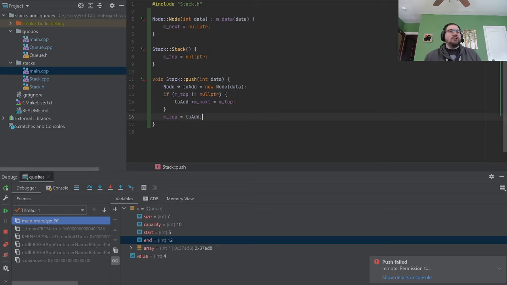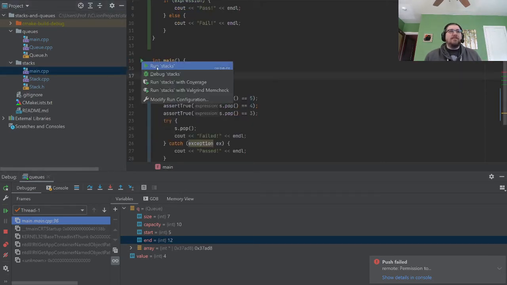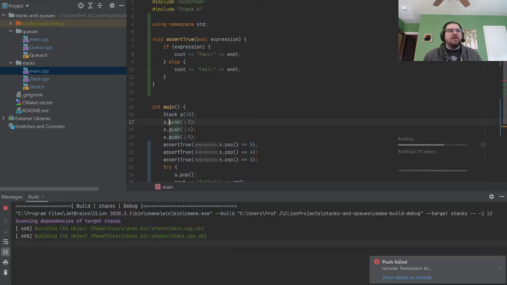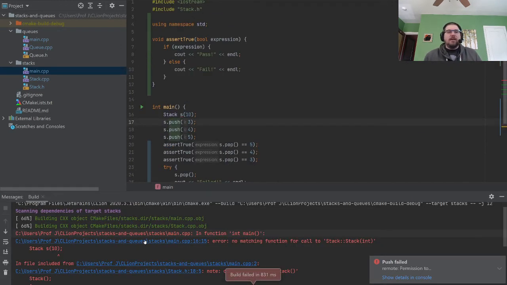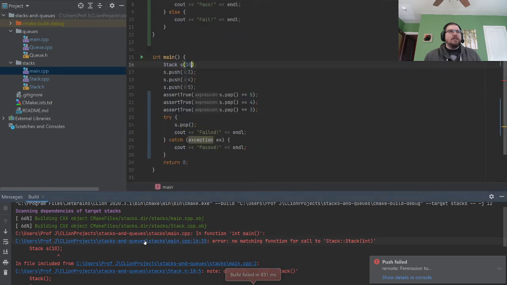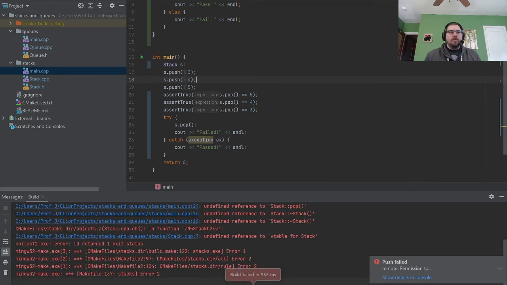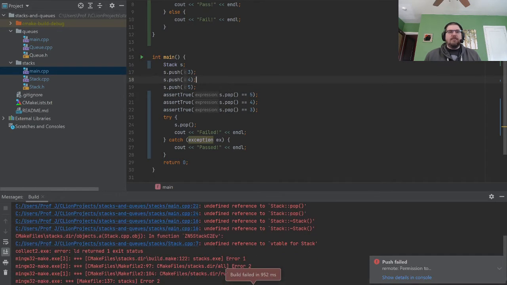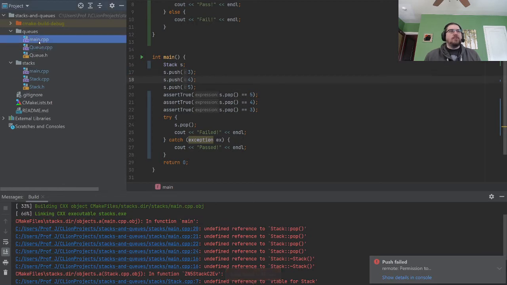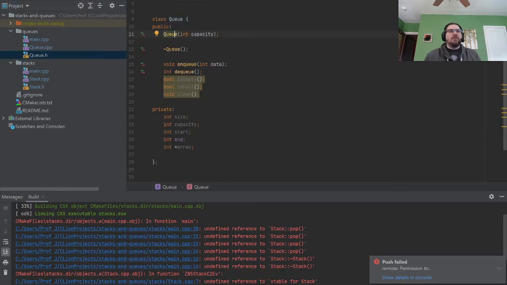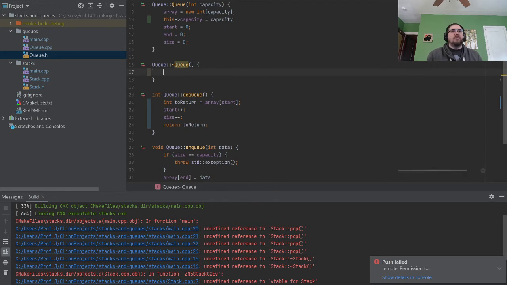And I'm going to still just run my code. But the tests will fail. That's fine. It doesn't hurt us that the tests fail. We expect them to fail. And now we're getting some errors. That's great. Stack S10. Oh, okay. So, great. This doesn't need an argument anymore because we're using a linked list. Cool. What else you got for me? Ooh. And there's some undefined references. All right. That's cool. Also, we never wrote our destructor over here. That's fine.